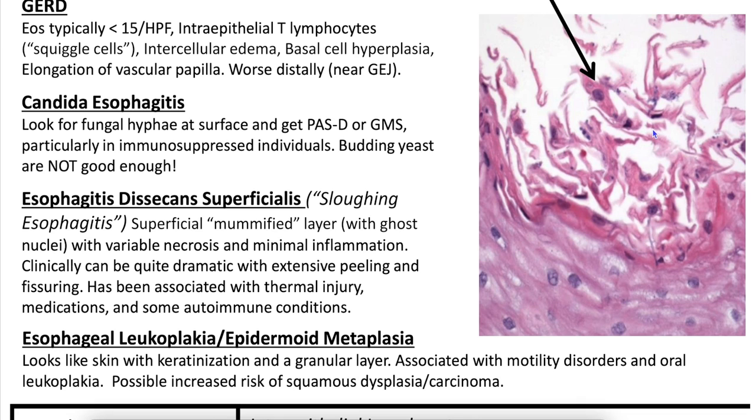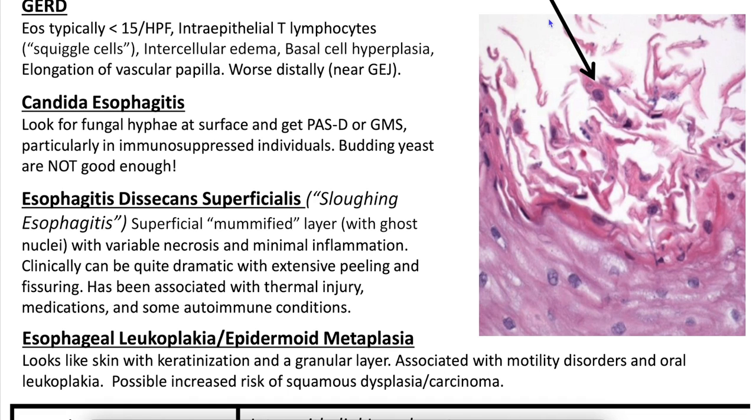Esophagitis dessicans superficialis, or sloughing esophagitis. You'll have histologically a superficial mummified layer with gross nuclei with variable necrosis but minimal inflammation. Clinically, it can be quite dramatic with extensive peeling and fissuring. Going back histologically, sometimes you can see just clumps of bacteria, and it has been associated with thermal injury, medications,